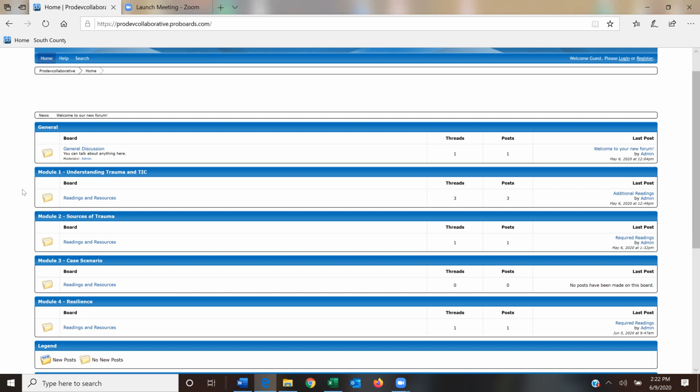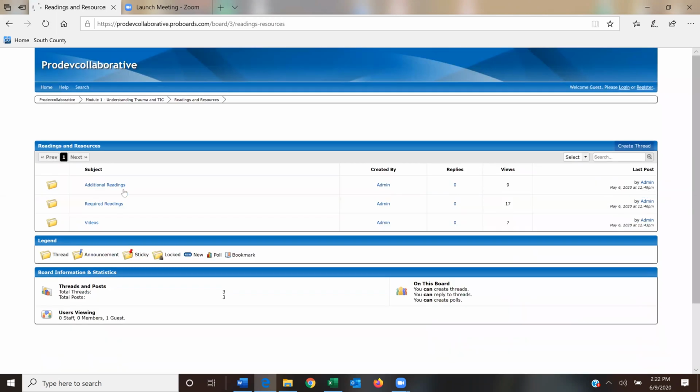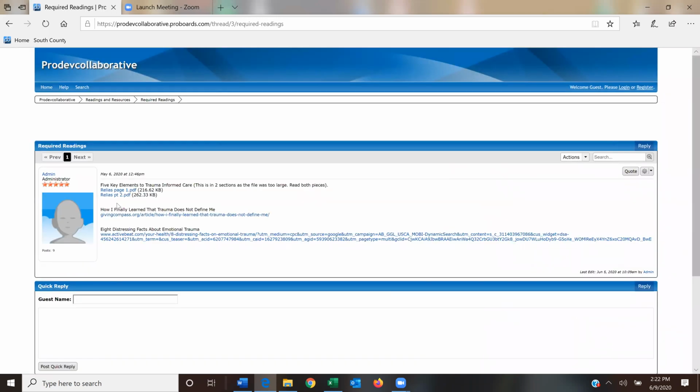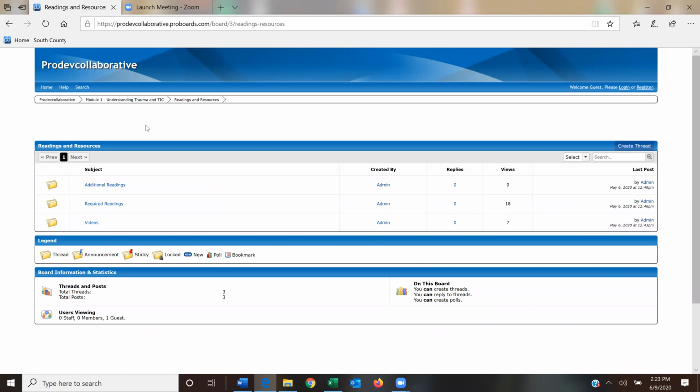So prior to the very first session, you'll go into Module 1 and you're going to definitely want to click on the required readings because you need to have read those prior to beginning. And then if you want to look at the additional readings and resources, the way you get to that is by going to the top of the screen. And this is set up kind of like a file cabinet. So I click back on the drawer, if you will, for the readings, and you'll see there's additional readings here,